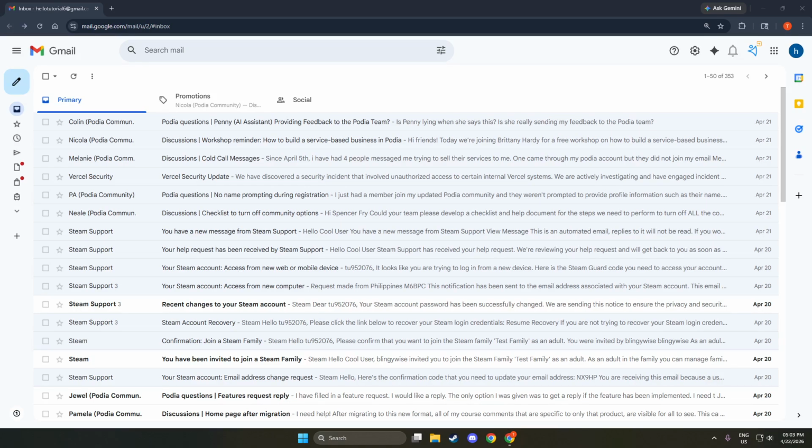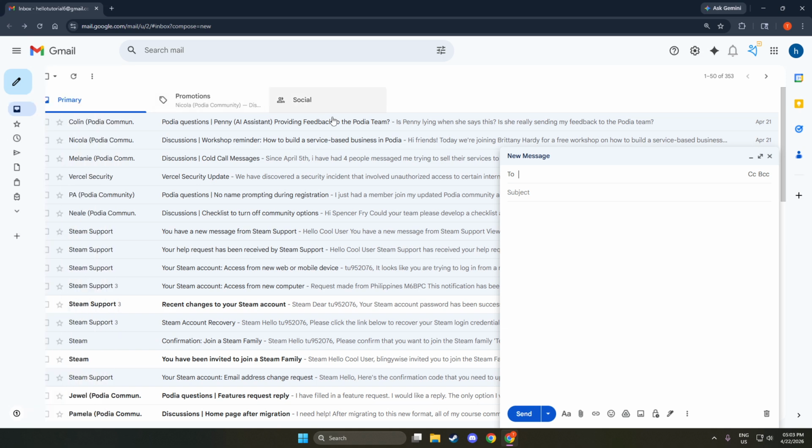Next, click Compose to start a new message. A small Compose window will open in the corner. You can add your recipients and a subject line as you normally would, and then get ready to attach your